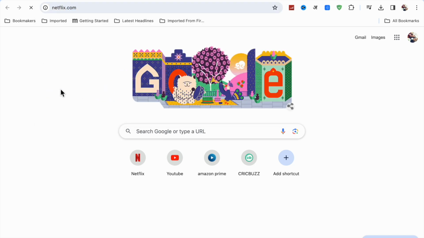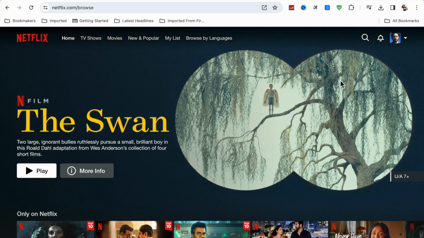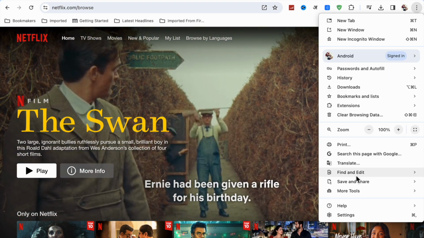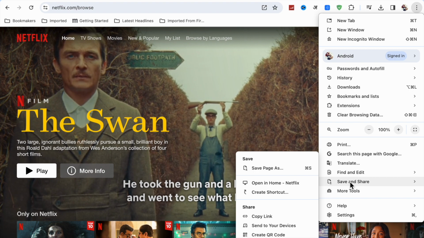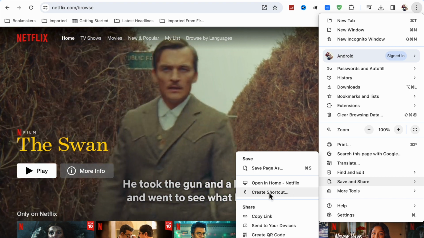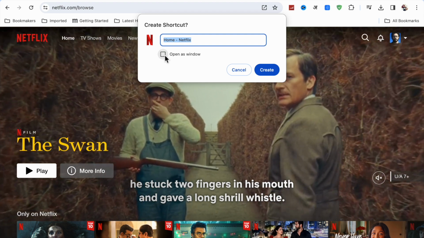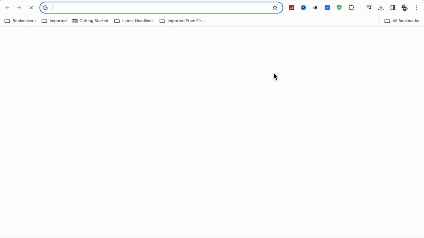Now you have to log in to your account and you will see like this. Now here you have to click on this three dot and go to the save and share option. Just click on save and share, and here you will see create shortcut. Now just click on open as a window and click on create,